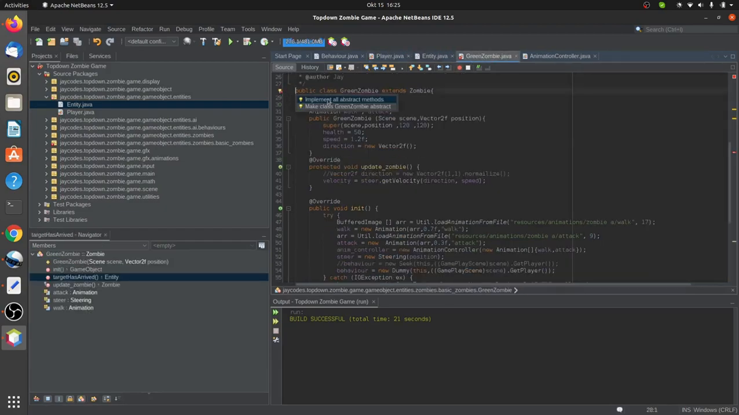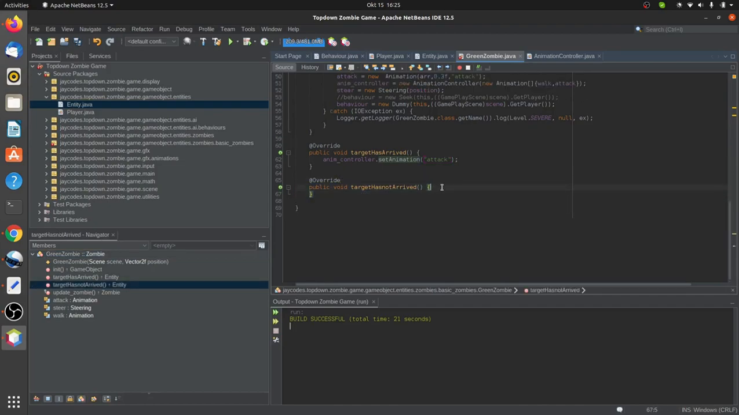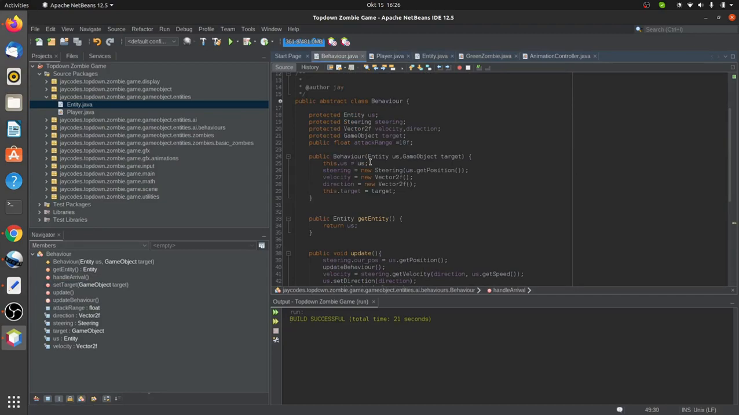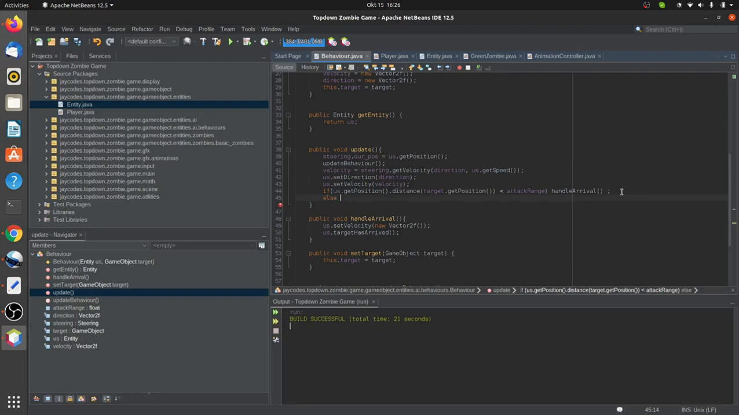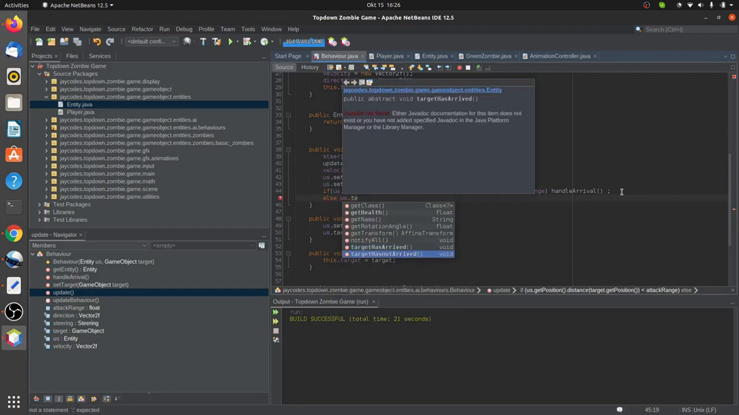So on target, okay, we're gonna go back here and we want to set the player. We also want to implement this. We're not gonna do anything there, but we're gonna use this here. Target has not arrived. All we simply do here is reset the animation. We're gonna set it back to walk. And we need to go to the behavior and say